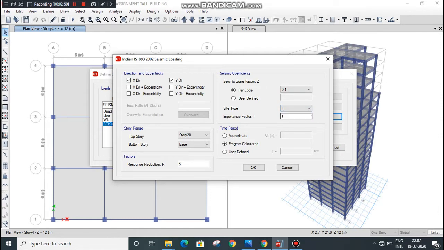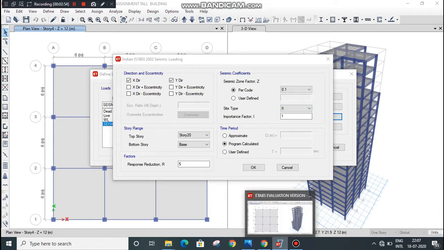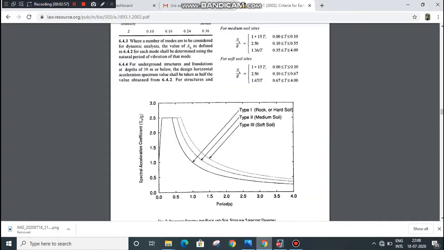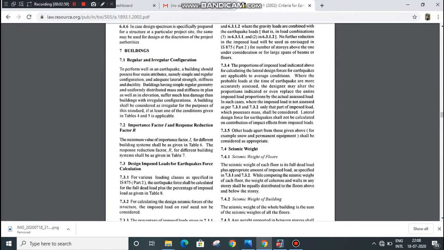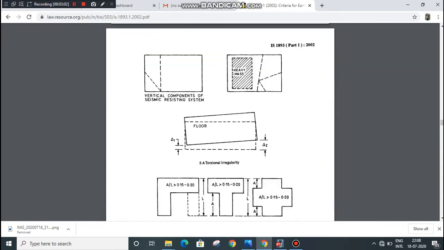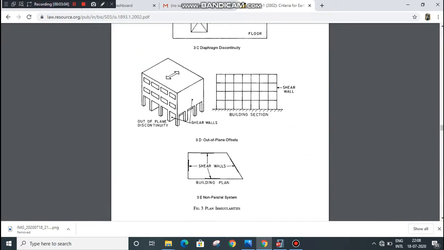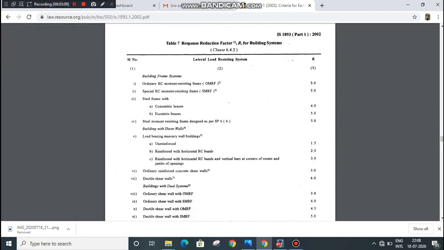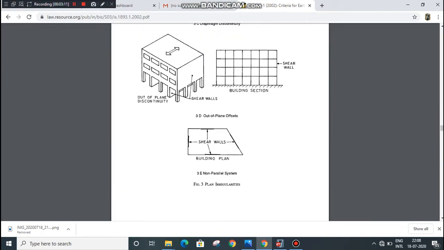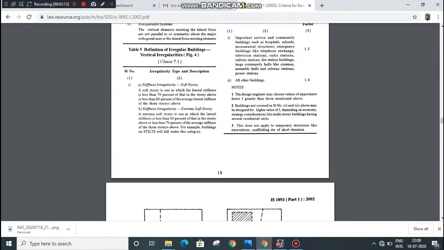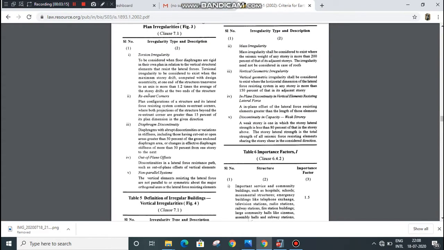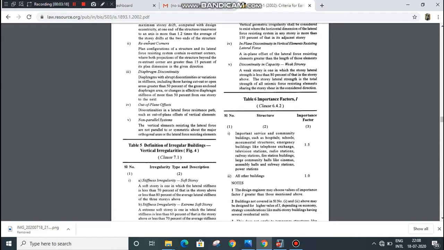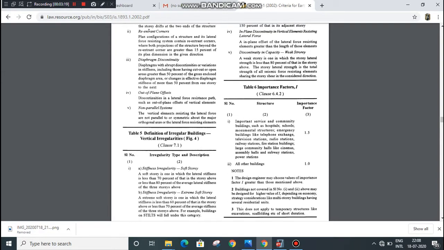Importance factor, refer table number 6 of IS 1893-2002. This is table number 6, importance factor I. For school, hospitals, these types of buildings, importance factor is 1.1.